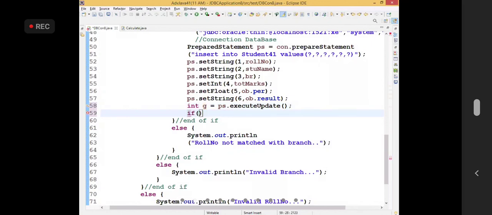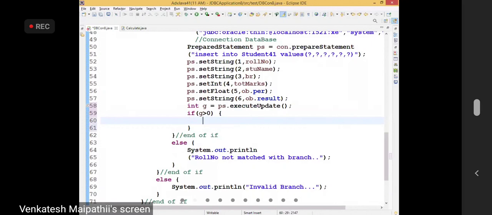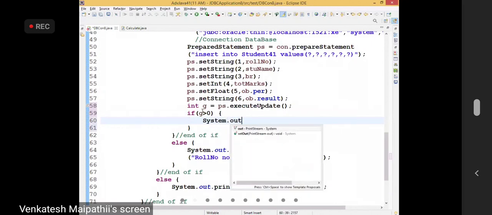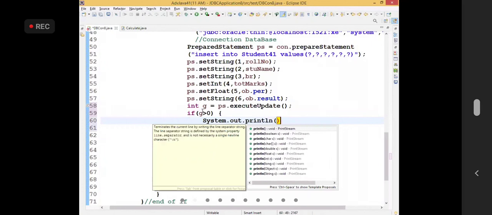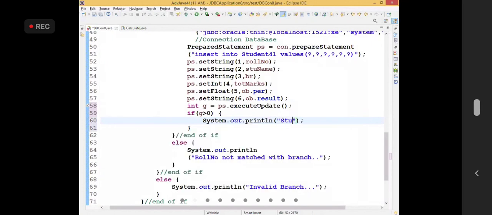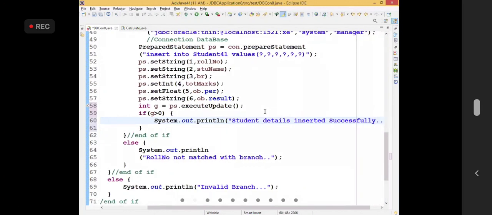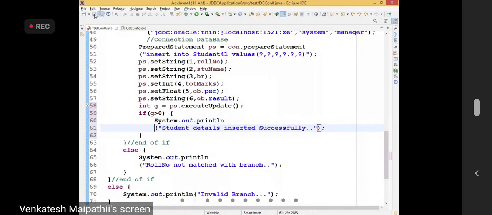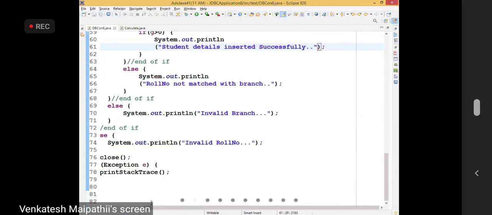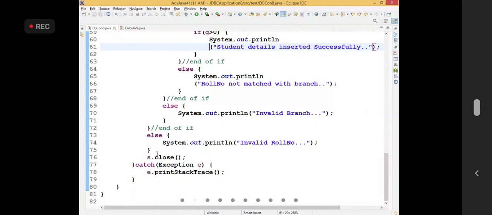If g greater than 0, then System dot out dot println student details inserted successfully. So at last you can say con dot close.